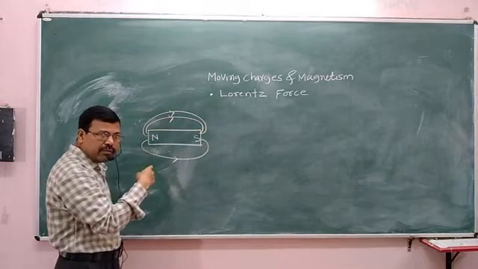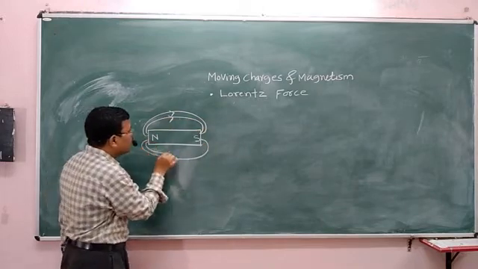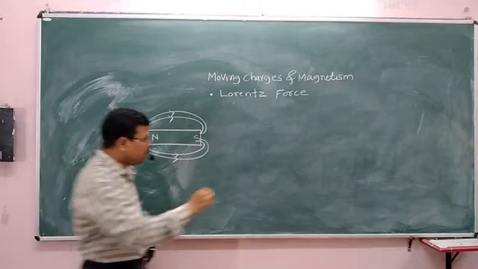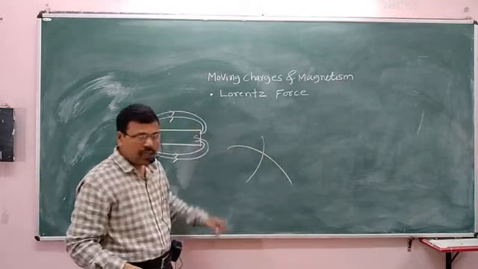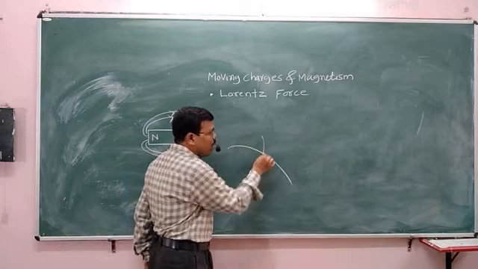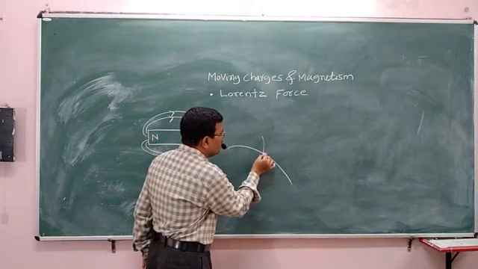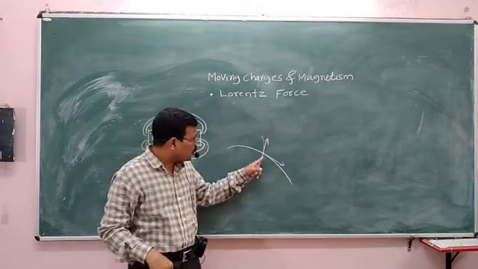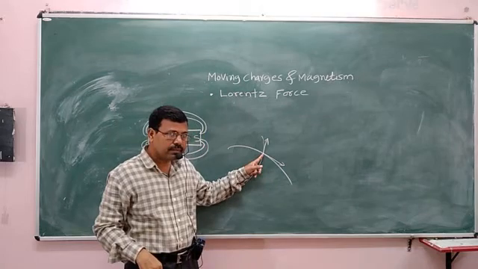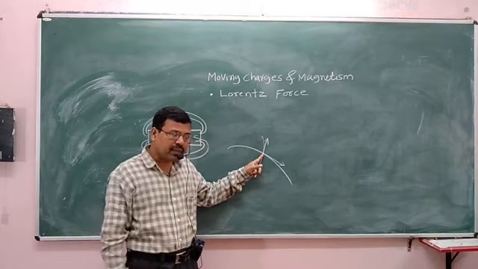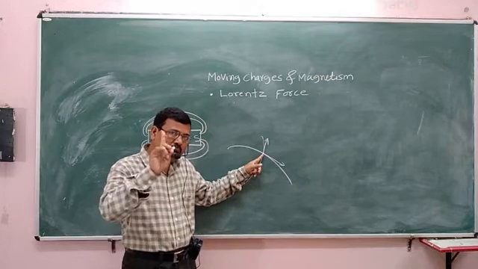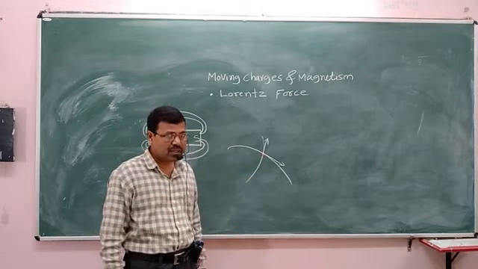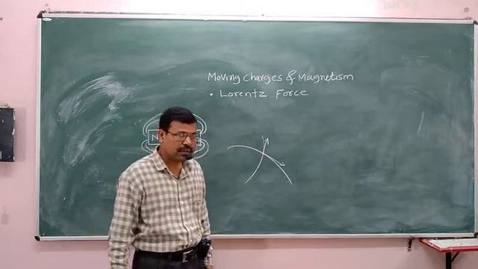These imaginary magnetic field lines never intersect each other. They never cross each other. If they cross each other, it indicates that at the point of intersection, the magnetic field would have two directions. You can draw two tangents at this point. But magnetic field at a single point will have only one direction. So, two magnetic field lines never cross each other.